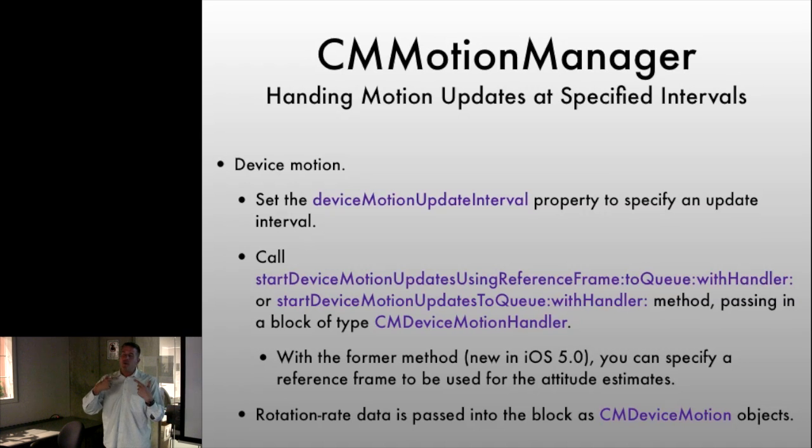Otherwise, Apple provides you with a lot of constants that you can use to calculate exactly where your device is in space and exactly what angle it's tilted, yawed or rolled at,